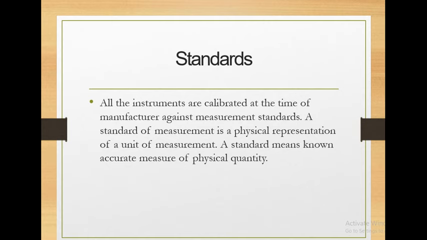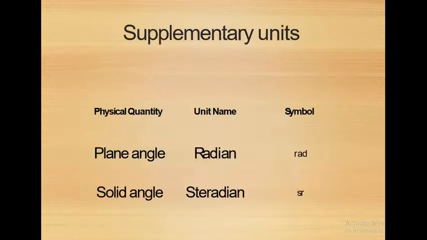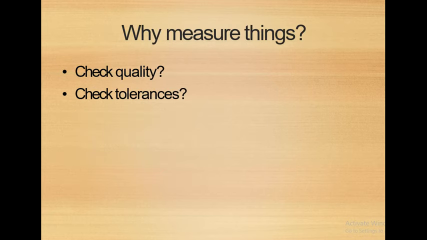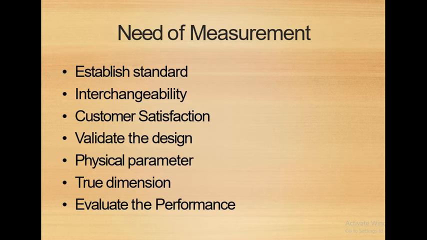So we have started unit number 3. Under that we have seen the need of measurement. Previously we have seen the need of measurement and the different measurement quantities. Let's have a look at that. Initially we started with the need of measurement, why measurement is required. Different points we have discussed.